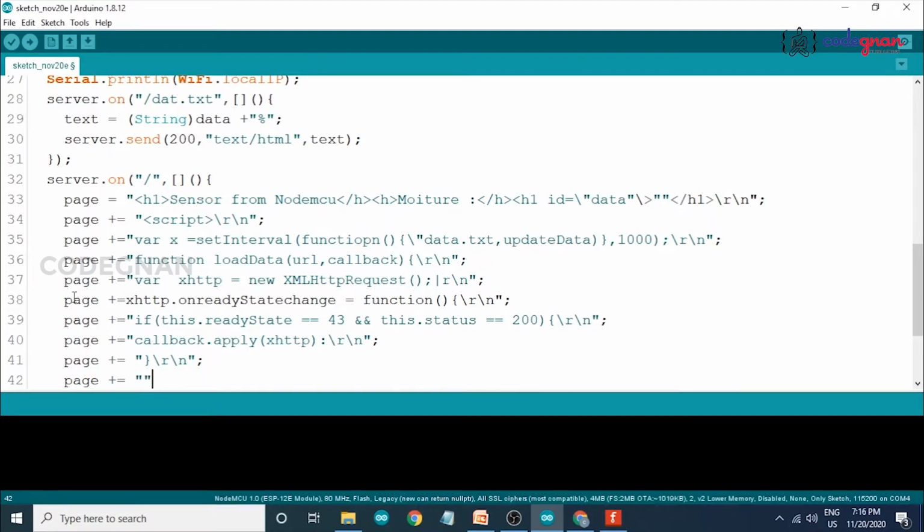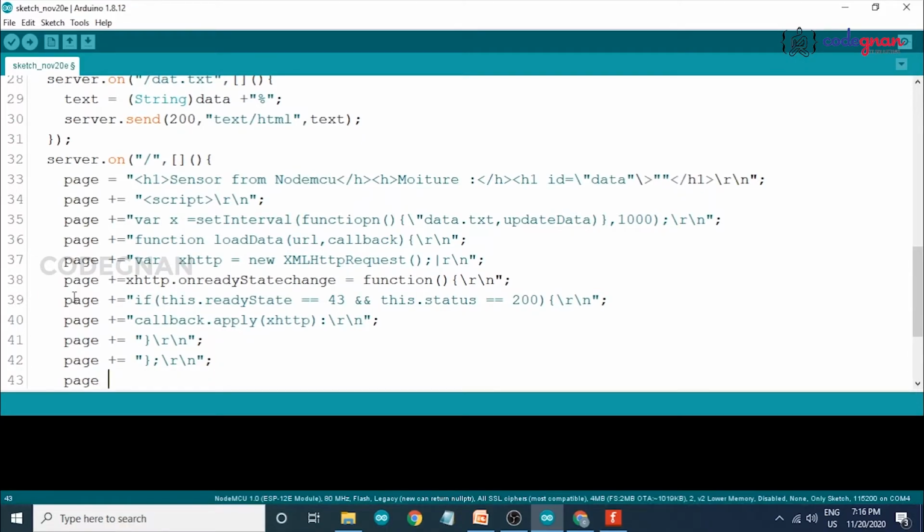Then \n, equals to xhttp.open GET, url, true, then \n.